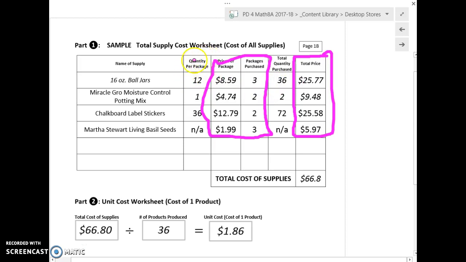Okay, so when we get to page 5, I'm not really interested in this section here. I just want to know what was the price per package, how many packages you bought, and what did you spend on that one item. And then you're going to total it up. So Mason spent a total of $66.80 on his jars. In my opinion, that's a little bit much money for a desktop store product, but